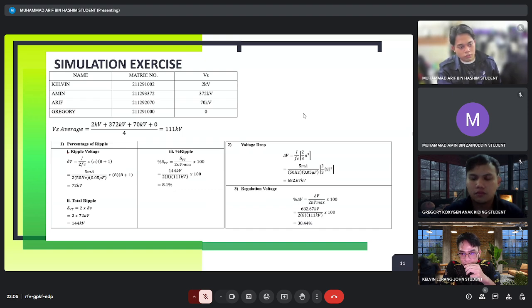For the percentage of ripple, the ripple voltage is equal to 72 kilowatt, and the total ripple is 144 kilowatt, and the ripple percent is equal to 8.1%. For the voltage drop is equal to 682.67 kilowatt, and the regulation voltage percent is equal to